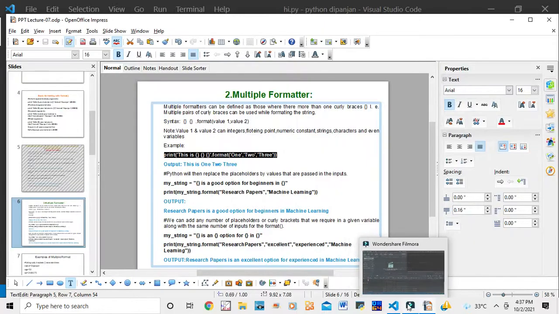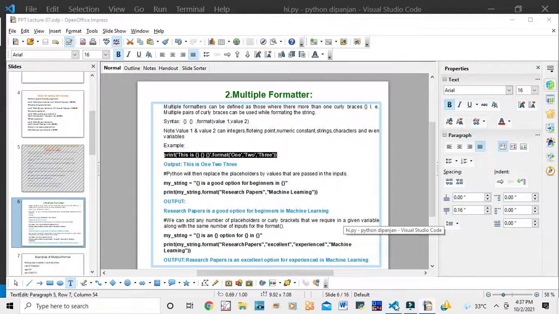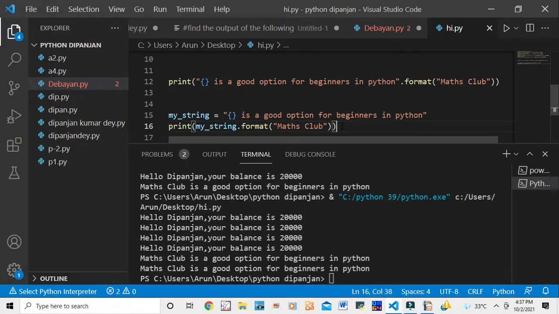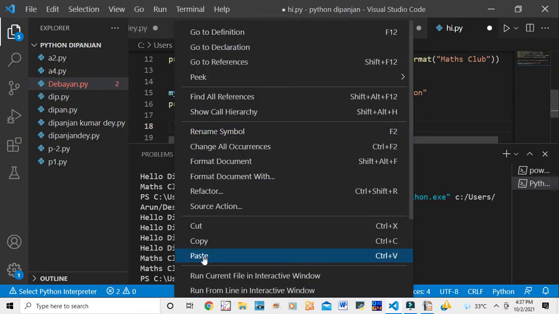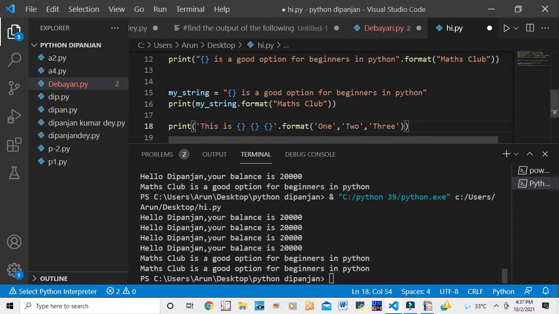Now I am pasting over here. You can see, so now it's okay. Nothing is wrong, no error is showing.